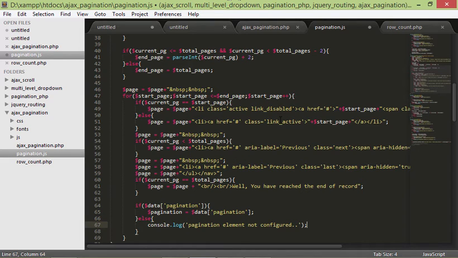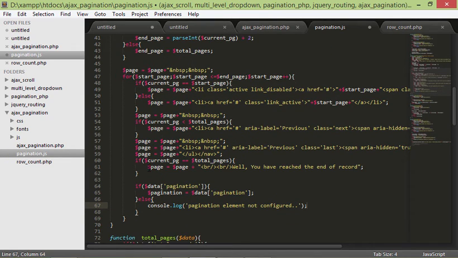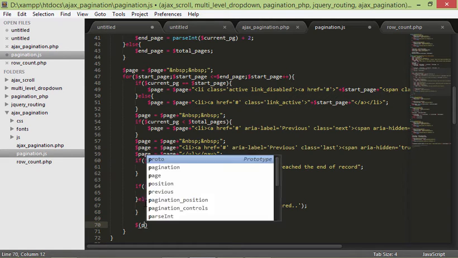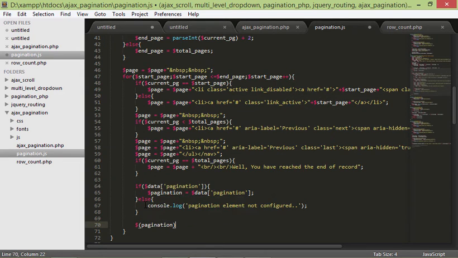Okay, and now remember we have everything we need to display for pagination in this variable page, right? So all we got to do at the end is just to display this pagination. It's a variable here, right? So this dot display is available in this variable, and inside that we are just going to display our